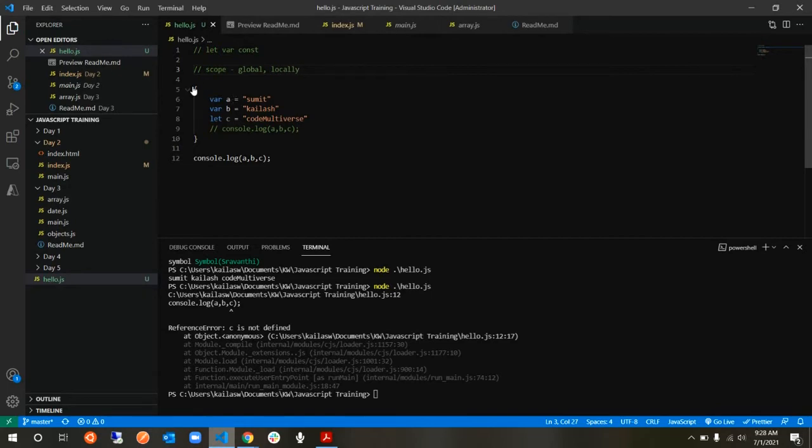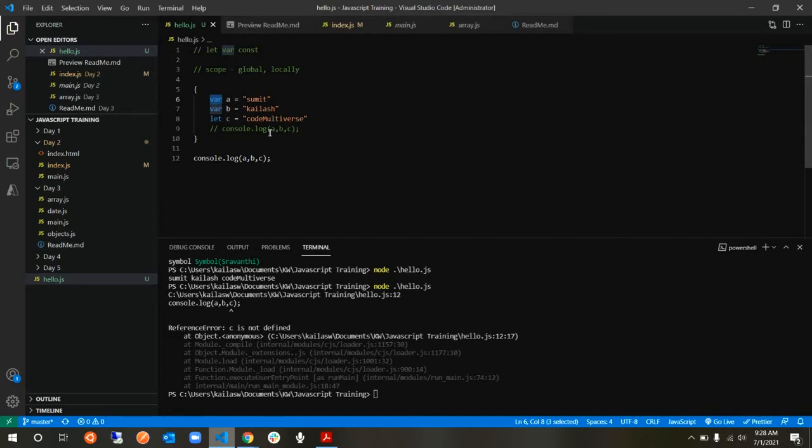Locally means within this block. Think of it like being famous within your colony, within the block that you are living in. But the other guy, your neighbor, is known in the other part of the town too. If you just take his name, he's known there. He's very popular. His scope is more like that. So understand var, let, and const as surnames. A few surnames are popular and known across the city, and a few surnames are known only to that particular area or block that you are living in. It's more like that.